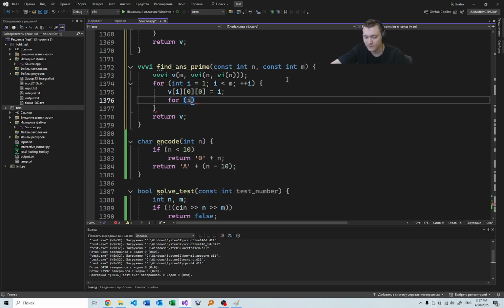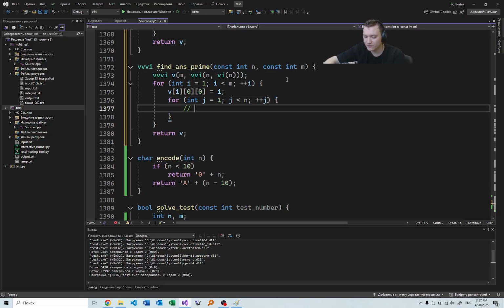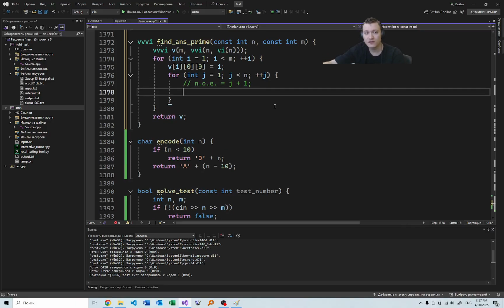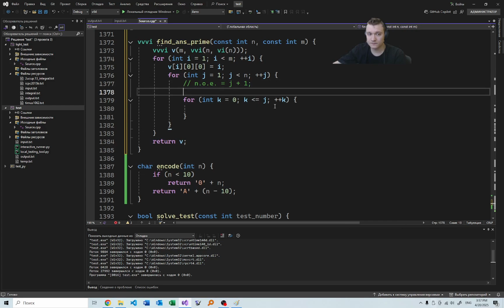J from 1 to n, plus plus j. So the number of elements is j plus 1. So what do I want to do? I want to fill this whole diagonal. How do I do that? I will say that